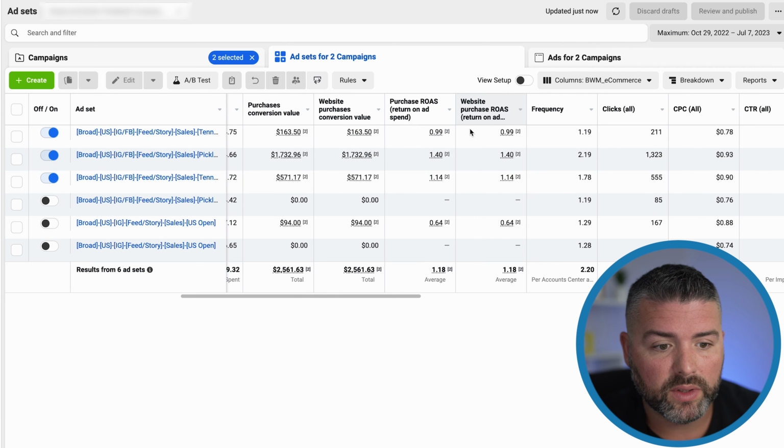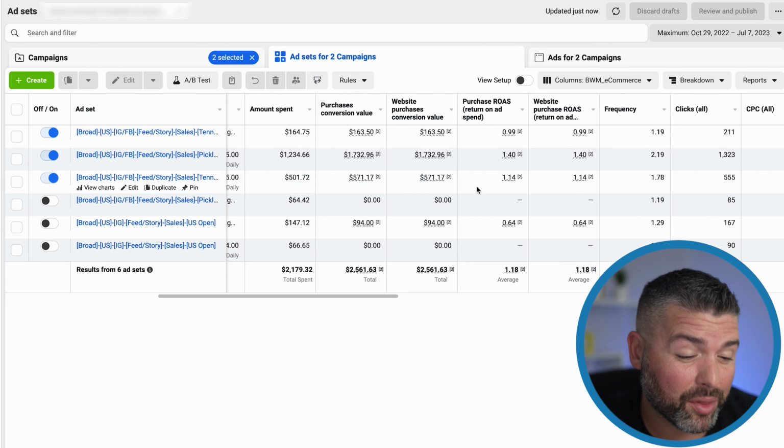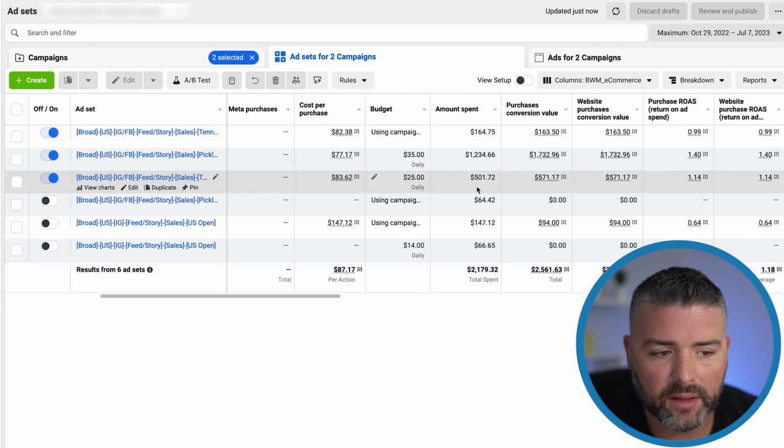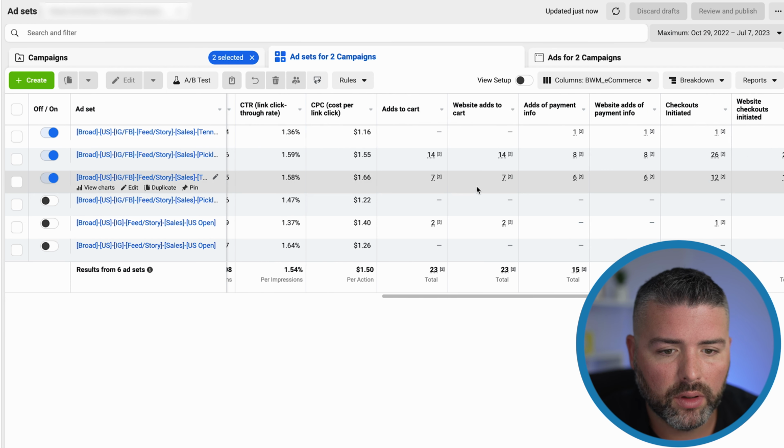So as we go over and we're seeing anything under 1 or 2 or even 3 for that matter, it needed to be turned off and killed. We're going back over to